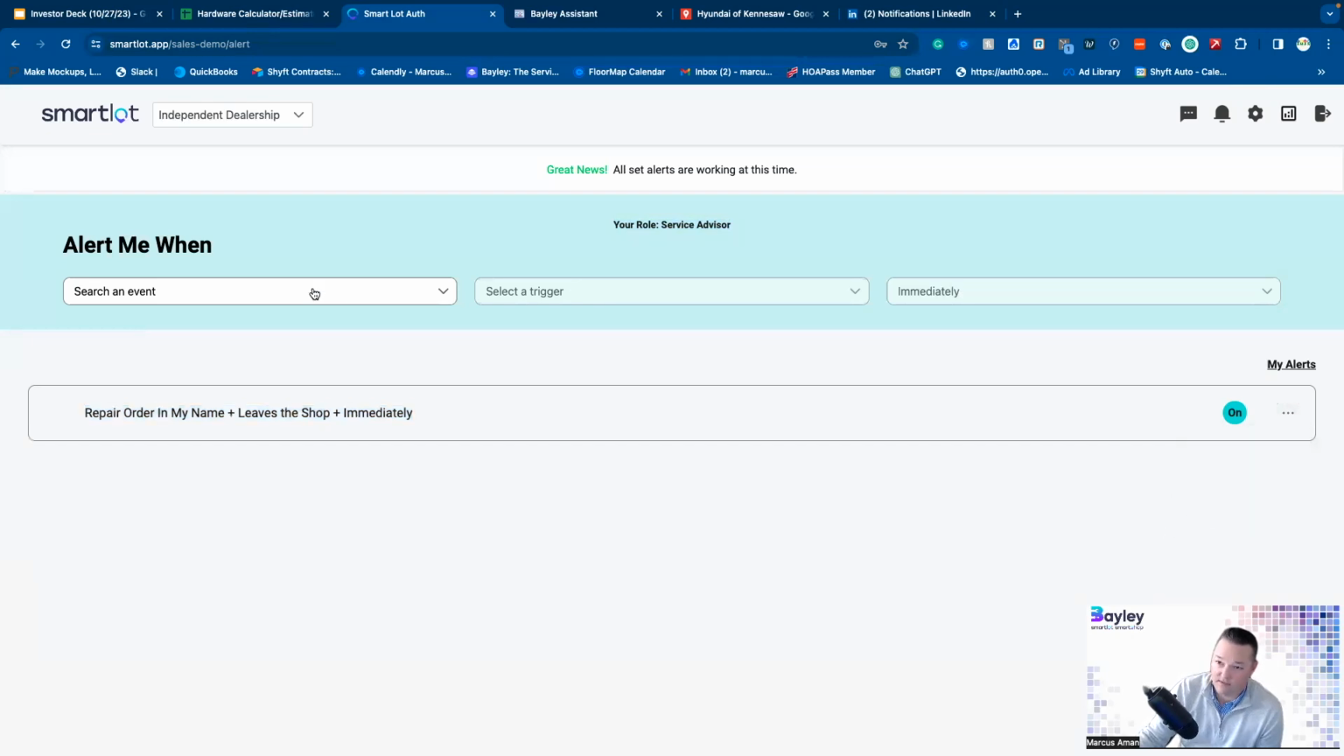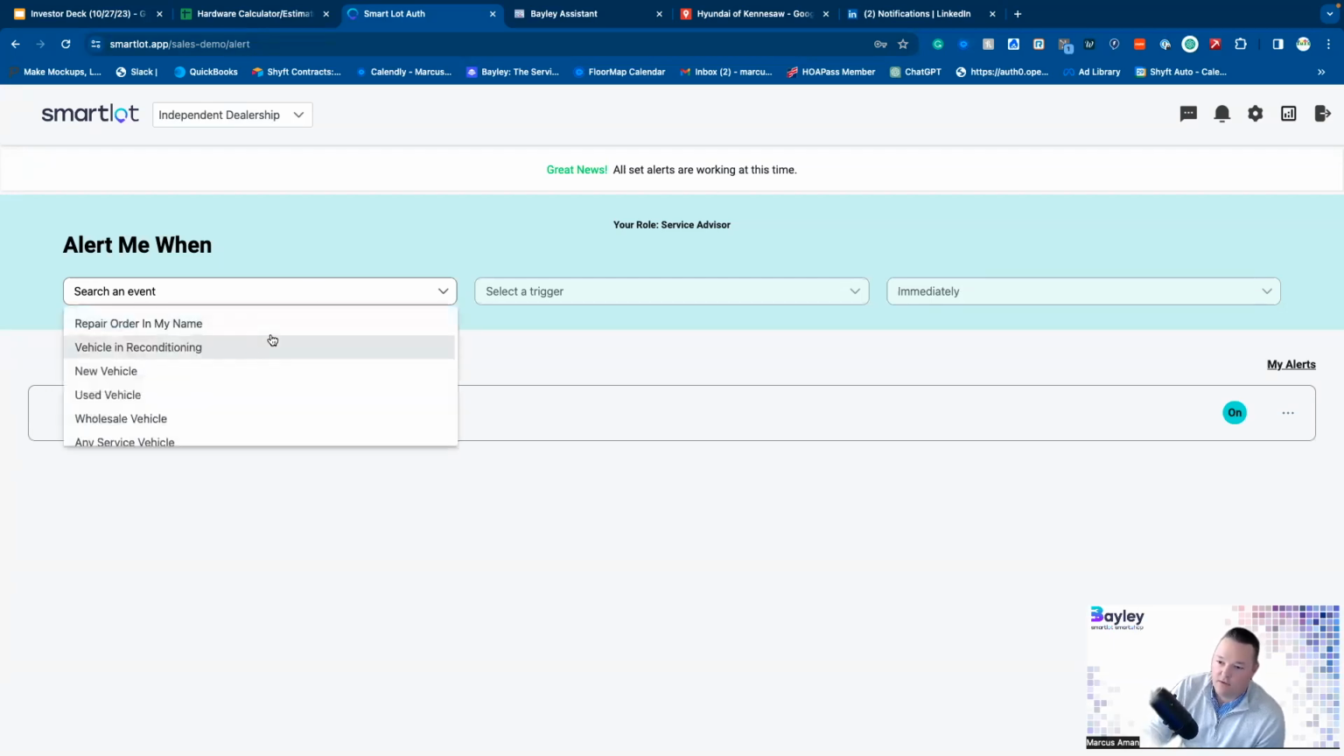It's really important with these notifications to make sure that you don't oversubscribe to notifications. The last thing you want to do is become paralyzed because there's too much data coming to you. You only want to receive the ones that are really important to you. So I would think when a car is leaving the shop, when it's on an RO in your name, you'd want to know that. You also may want to know, like,